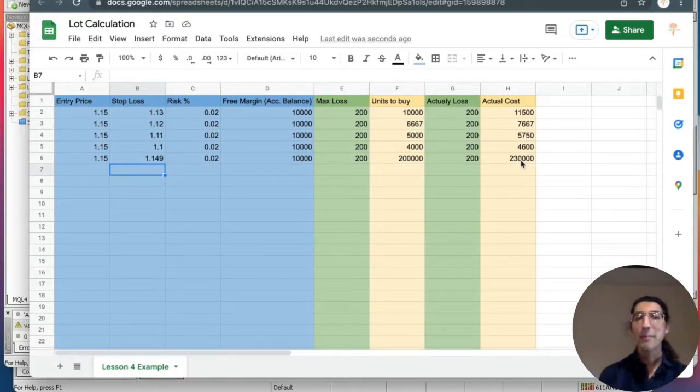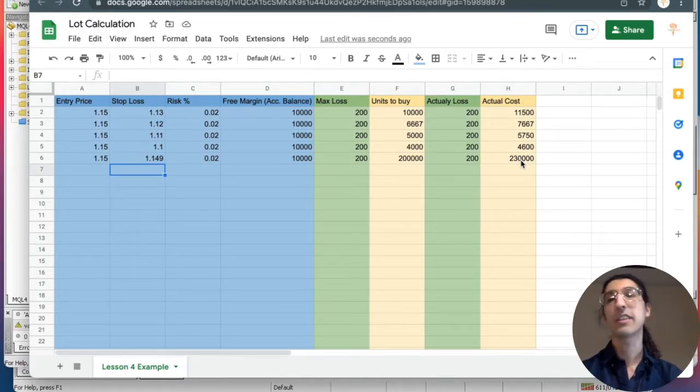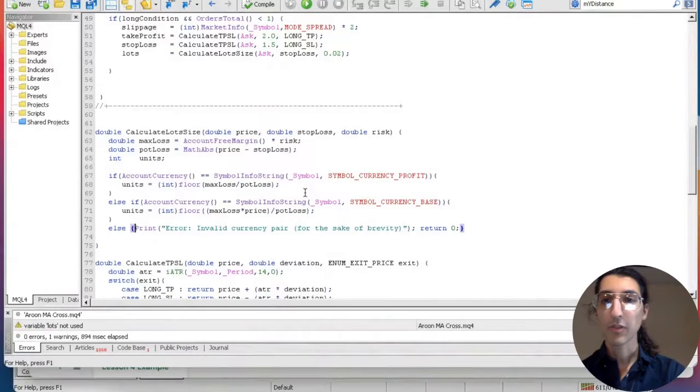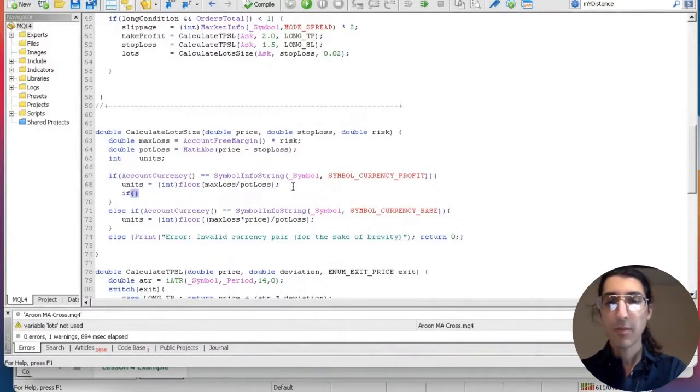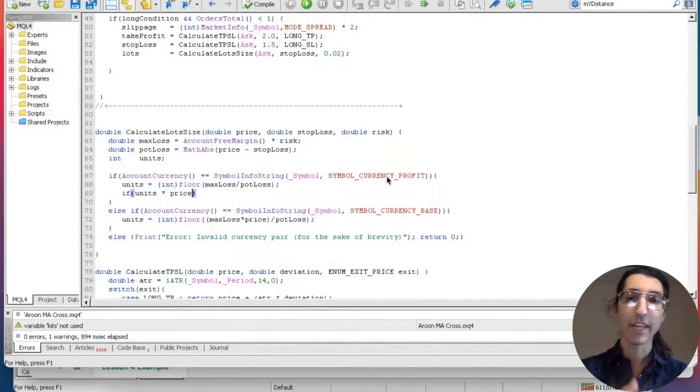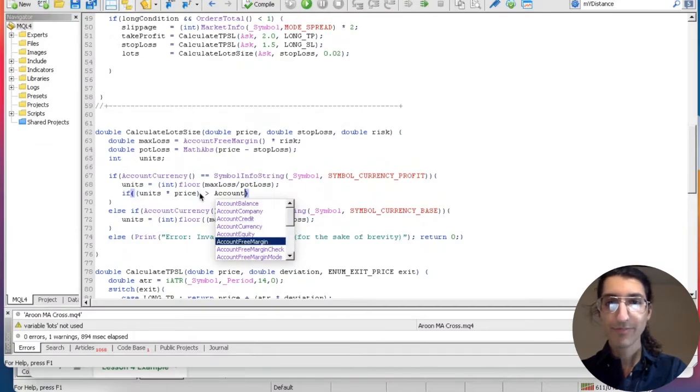And that's okay. All that means is that I am able to throw everything I have into this trade without risking too much. So it's not necessarily a bad thing. But we definitely want to check to see if this is the case before we finalize our units variable, so that we don't try and execute a trade that we don't have the money to execute. So let's check that. I'm going to say if my units times my price, and this will be in our profit currency scenario, if my units times my price is greater than my account free margin,